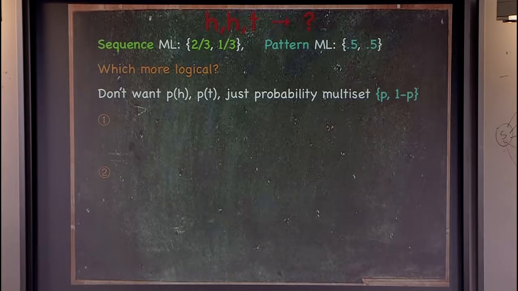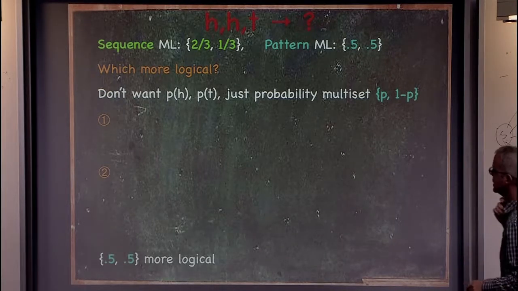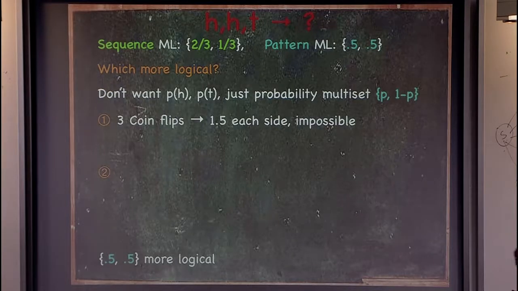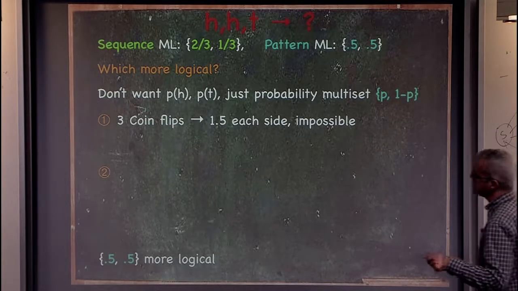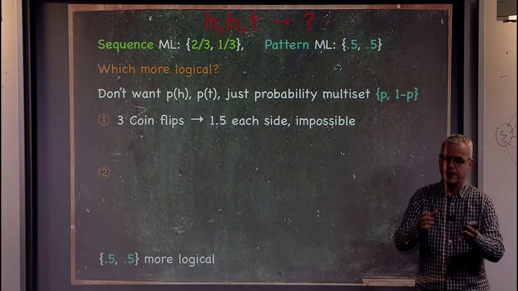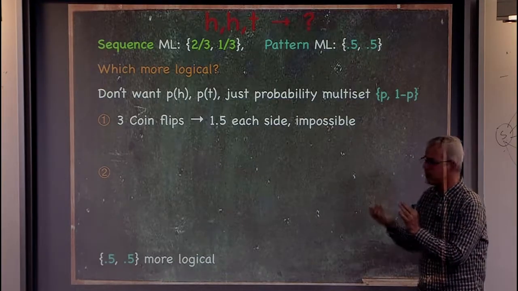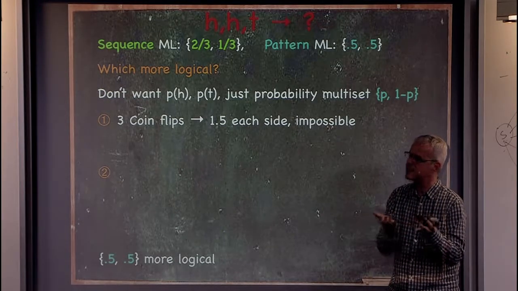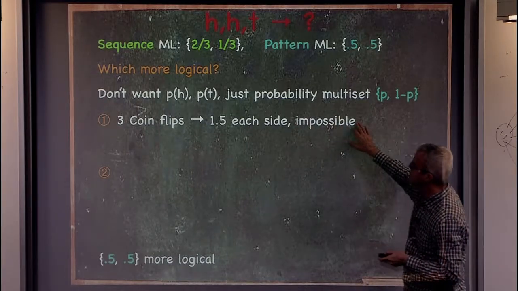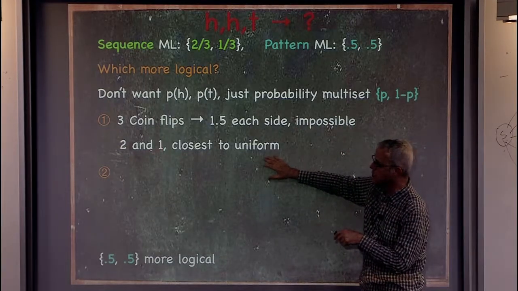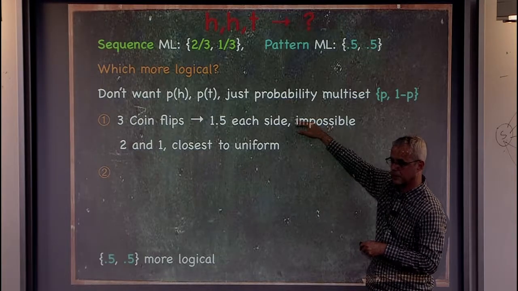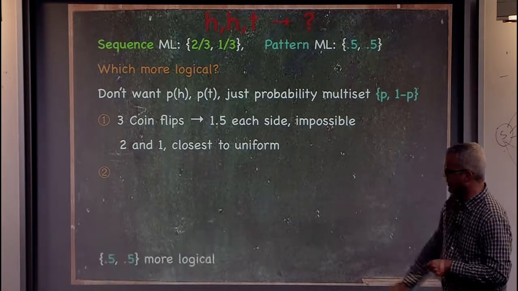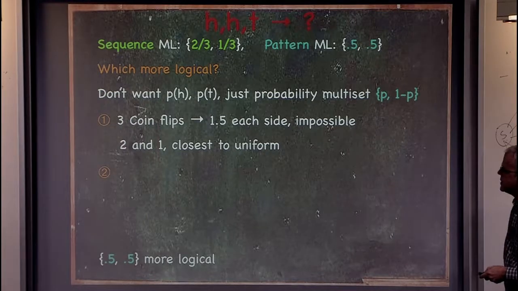Okay. So I'll give you 2 reasons why we believe that half-half is more logical. So the first reason is that we flip the coin 3 times. If I flip the coin 4 times and I get 2 heads and 2 tails, fine, half-half. But I flip the coin 3 times, I cannot expect 1.5 heads and 1.5 tails. So I'll never say half-half. So this is impossible. And what we saw is 2 and 1, which is the closest to this. So that's one reason why we believe this is more reasonable. The second reason